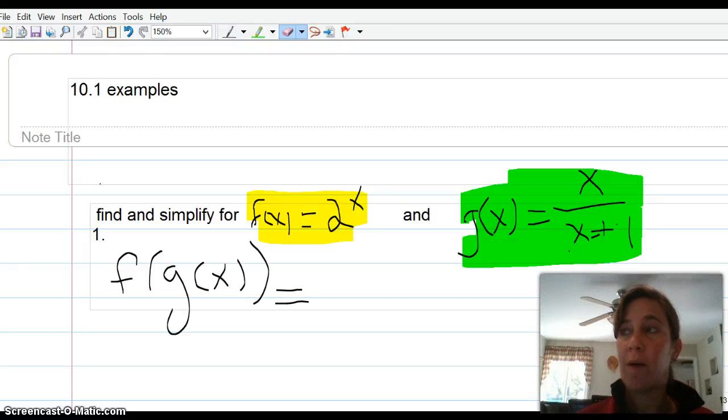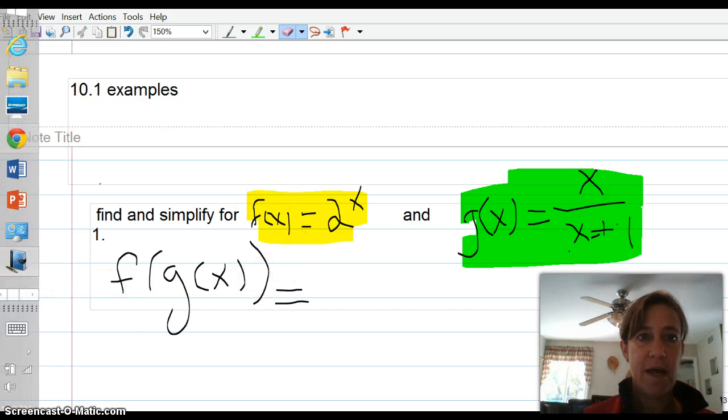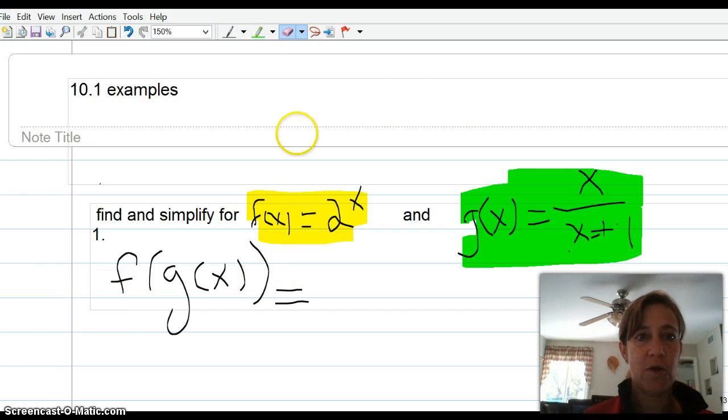All right, we're going to do two problems from section 10.1, similar to what we're going to be doing in class tomorrow and the homework about compositions. So the first one is to find and simplify f of g of x for these two functions we see in front of us. F of x equals 2 to the x and g of x equals x over x